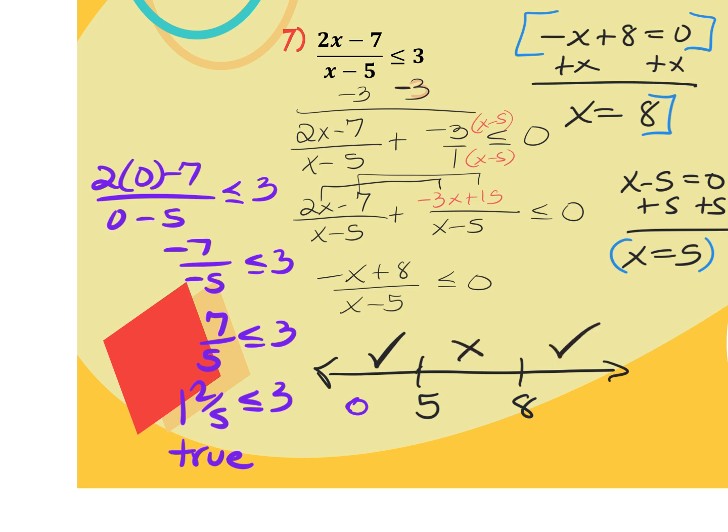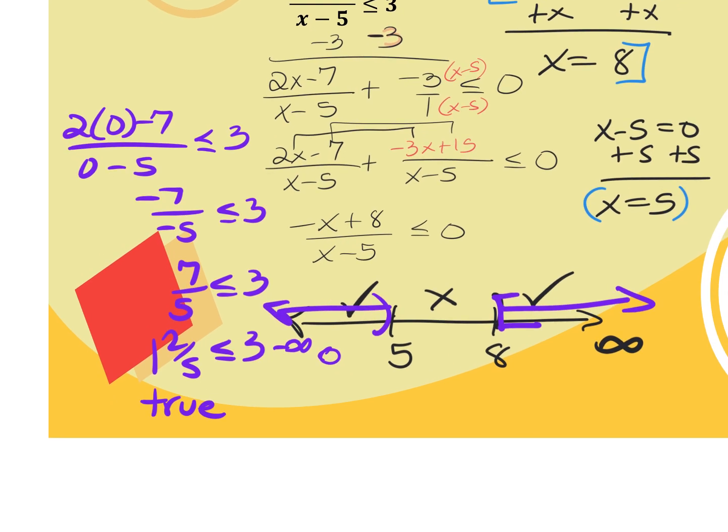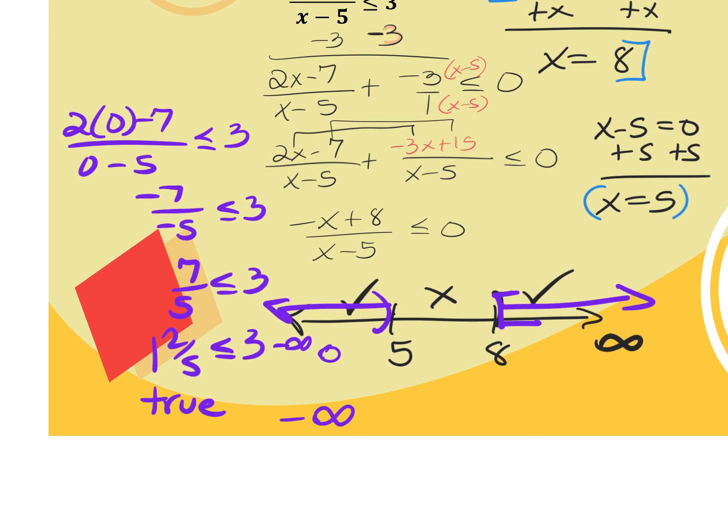So again, the only number that gets the bracket is the 8. So bracket here, going to infinity. And then this one is a parenthesis going to -infinity. So my interval notation, -infinity to the 5 with a parenthesis, union with bracket 8, comma, infinity. And that is it for